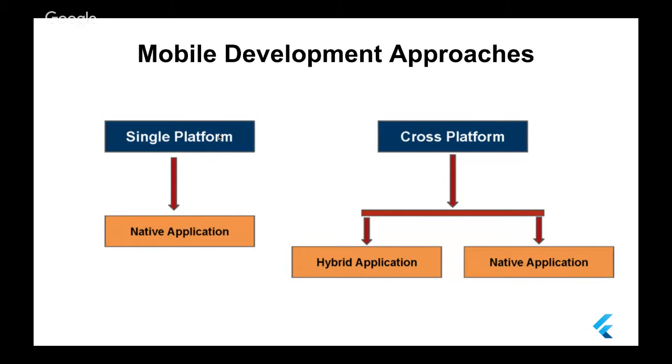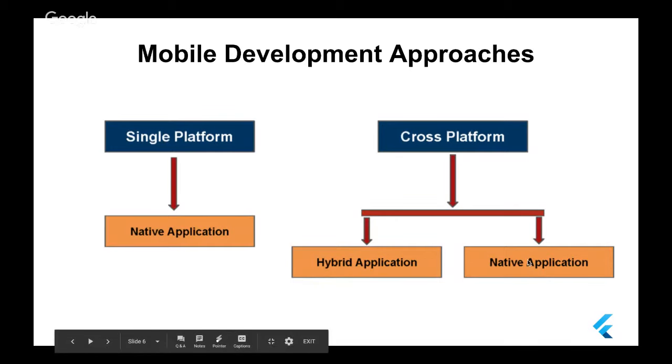On the other side, a lot of companies have started using the cross-platform approach, which allows you to build an application using a single code base for more than one platform, two or three or four different platforms. What I need you to know about the cross-platform approach is that there are two types of applications you can get from it. The first type we call a hybrid application, which means it's based on a web view, and we will learn more about it later. And the other type is a native application.